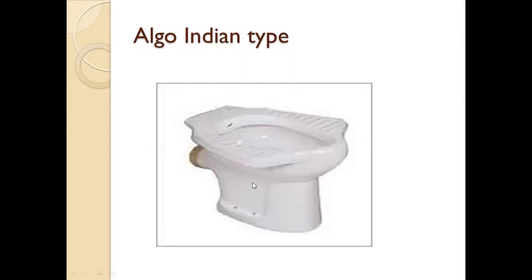Here this is a modified one, and here this is the outlet. This is the support provided to the WC pan. In case of provision of the Anglo-Indian type, there is no necessity of providing a sunk slab to each and every water closet, because there is no space or depth required for fixing such kind of water closet pan.